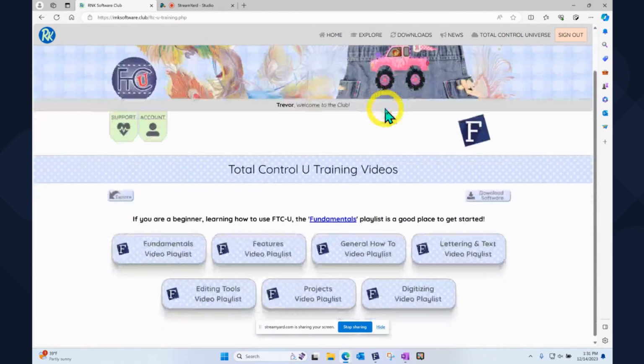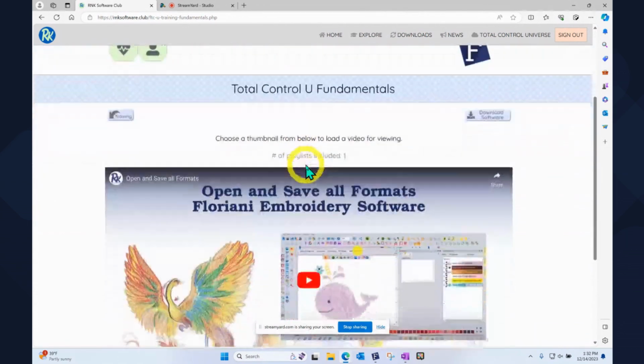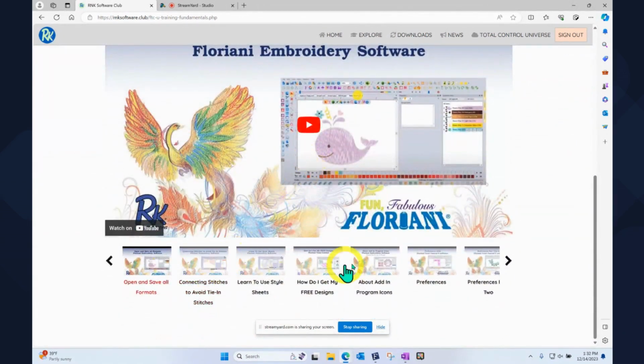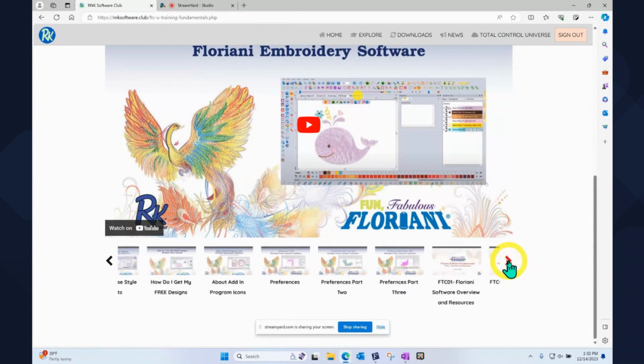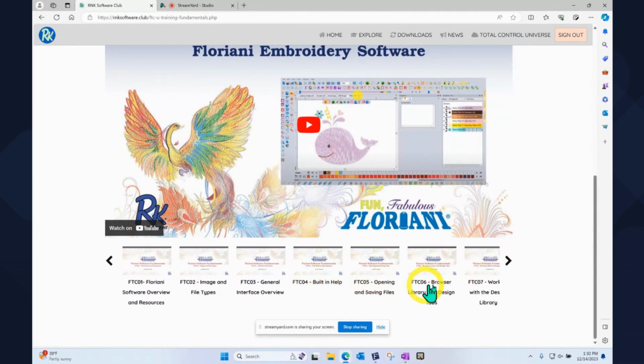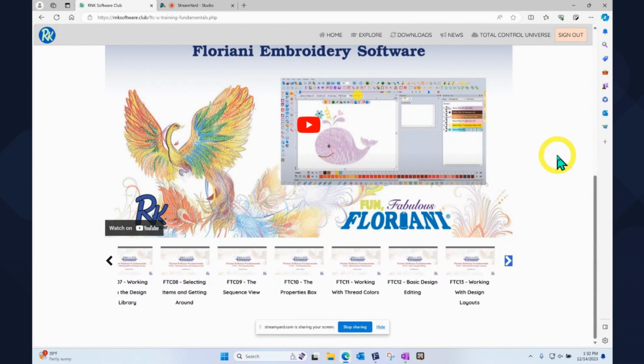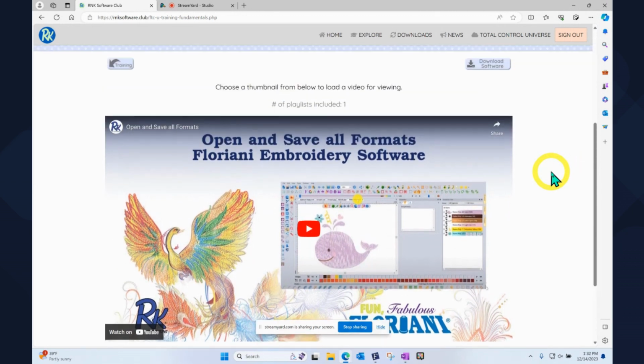And you might want to do some of the fundamentals or maybe learn about lettering or digitizing. And so there's different categories. Once you select a category, then you can start watching videos. And there are lots of great videos to watch. They are topic specific. And so scrolling through and looking for topics is helpful. We hope to add some searchability in the future, but just know that a great place to start is probably